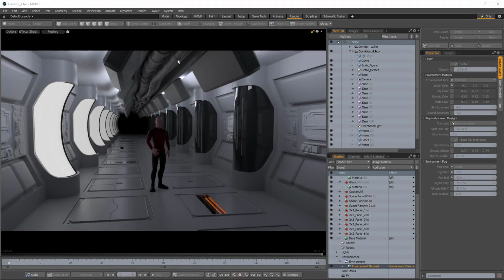Alright, so after making a couple of additional conduits to place along the top and leaving it in the preview render to cook for a little while, we've got a render of our corridor that's giving us a good suitable preview. So that's about it as far as we're going to go on this tutorial, but just some other things that you might consider as you keep moving on in something like this is